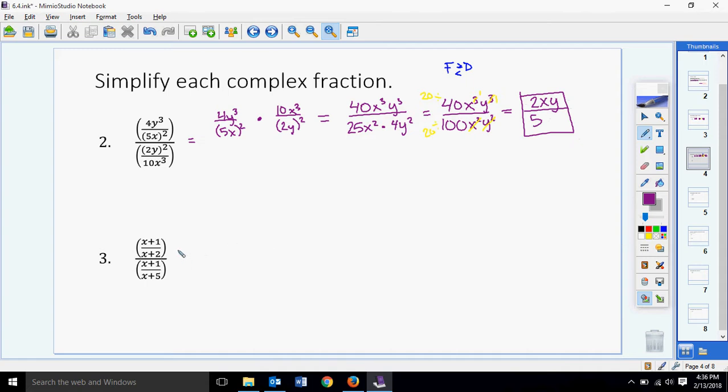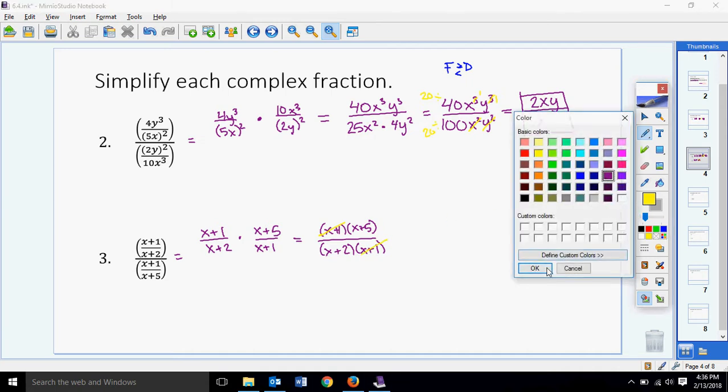Down below, same thing. I want to write this as a keep, change, flip. So I have x plus 1 over x plus 2 times x plus 5 over x plus 1. And when I multiply, I want to see if anything cancels. So it's all of x plus 1 times all of x plus 5. And x plus 2 quantity times x plus 1. So notice that my x plus 1's cancel, and I'm just left with x plus 5